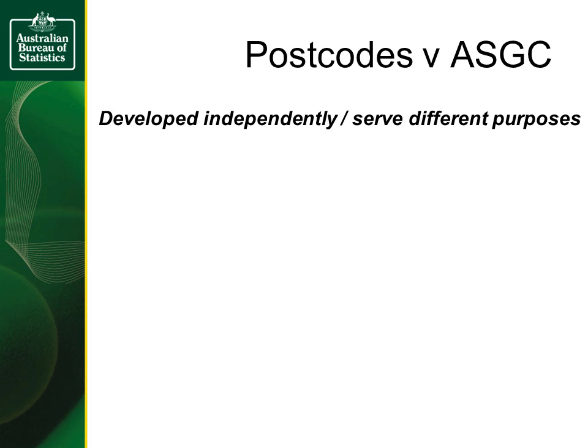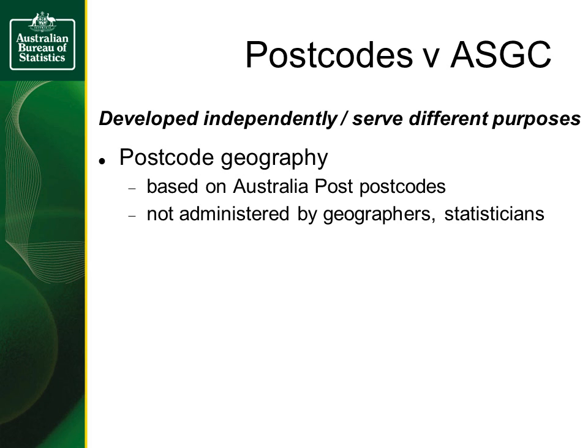So it looks like Medicare-based migration can tell us a useful story on movement patterns for postcode-based regions. However, Australia's official statistics are generally based on Australia's official statistical geography, the Australian Standard Geographical Classification, or ASGC, which is different to the postcode geography. The postcode geography, used by Medicare Australia, is based on Australia Post postcodes, which only really exist to assist Australia Post in the delivery of mail.